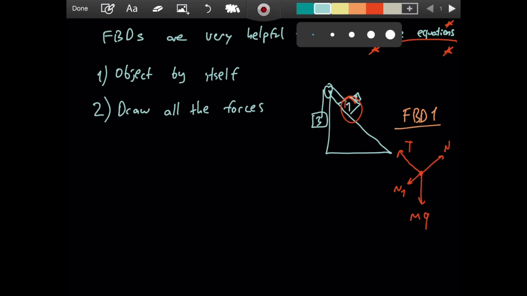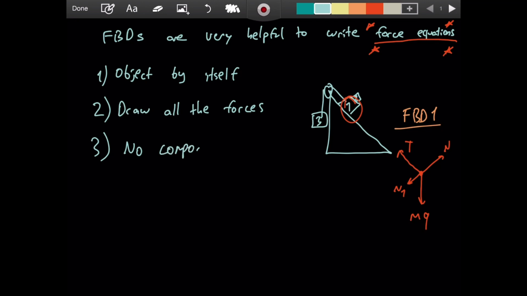And one other important thing is that you don't draw components. So, no components. And what I mean is, maybe you choose a coordinate system like this, x and y. Please don't do this. You have mg, right? Don't do it like this. You have mg in the x direction and mg in the y direction. Don't do this. It's not necessarily wrong, but I know that when teachers are grading exams, they take off points from this. And me personally, if I were to grade someone's paper, I wouldn't take off points from this. I wouldn't even care. But besides that, I do think that this is not helping